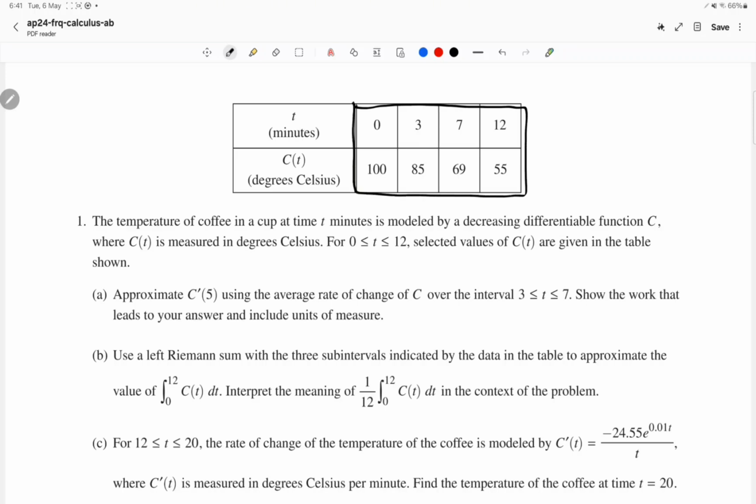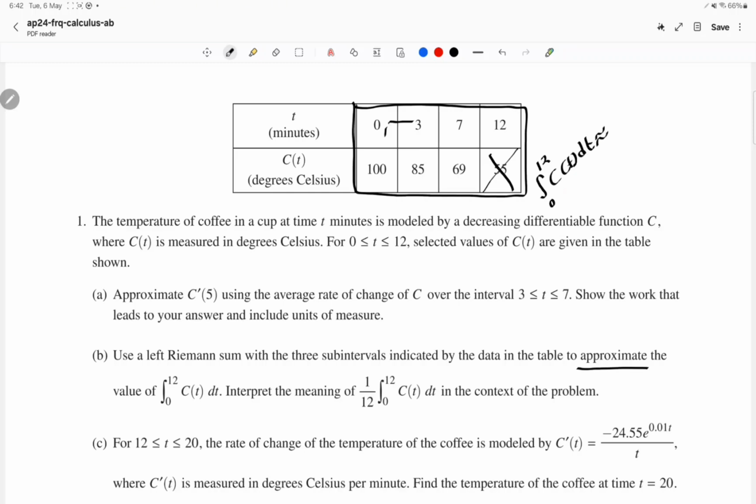And they're saying using left Riemann sum. That means you must ignore the rightmost C of t. So we're going to take C of 3, 3 to 7, and 7 to 12? Yeah. So look, they said approximate. Where is it? They said approximate. That means you will do integral from 0 to 12 C of t dt is approximately